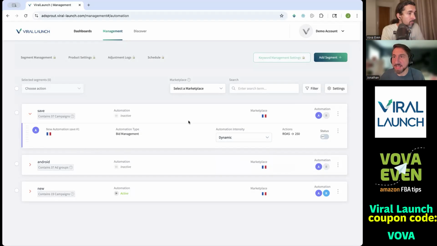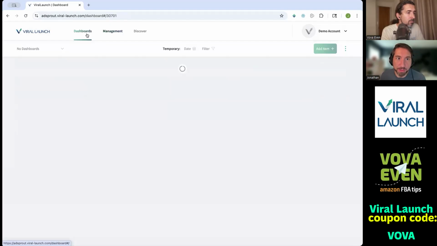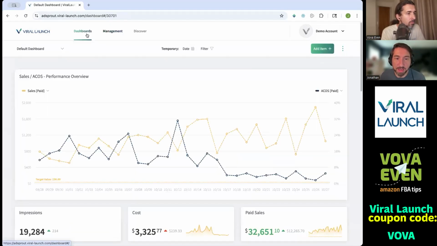Yeah, that is Adsprout at a glance. I think it's a really dynamic platform. Again, the dashboards I think are really great. I think the bid management and campaign structuring is something everybody is going to be familiar with. If you're not, there are tutorials that get really in depth on PPC strategy and how to actually structure campaigns. But I think the main thing is the automation and the ability to just set it and forget it,